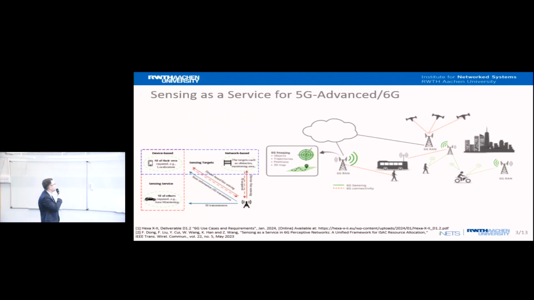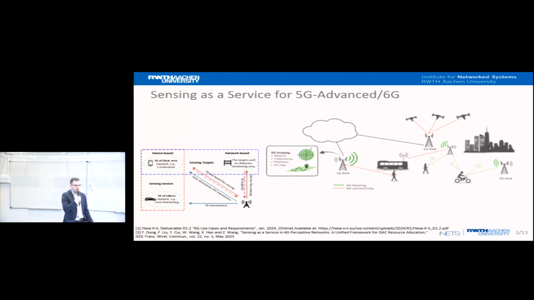This has been explained in detail by the Ericsson and Qualcomm speakers, in the talk yesterday and the talk today. The goal is that the network would be able to provide network-assisted mobility through environment awareness, where we have sensing capabilities to sense object trajectories, environment 3D maps, and so on. In general, there exist two types of sensing as a service.